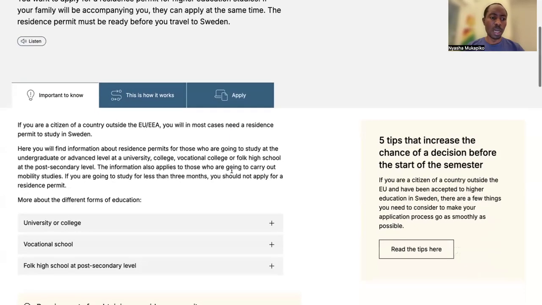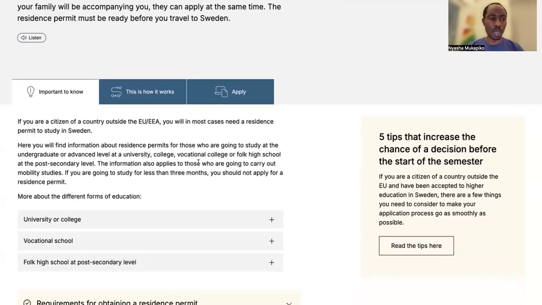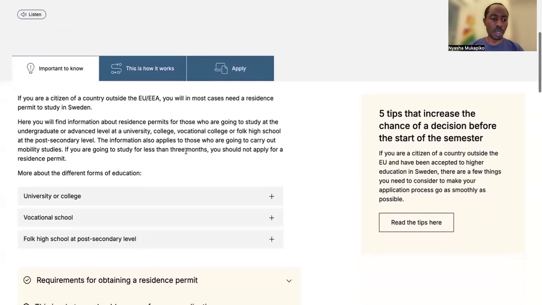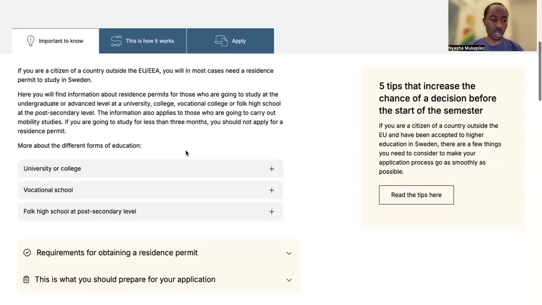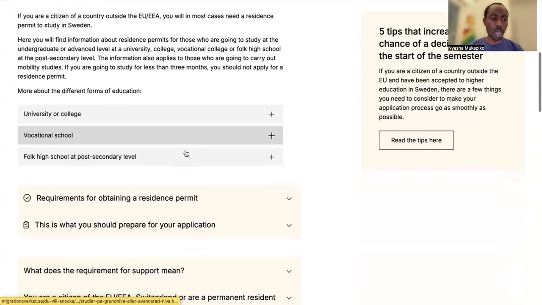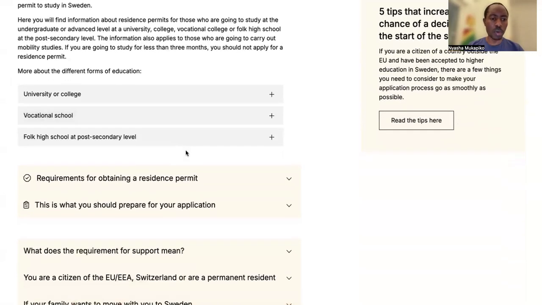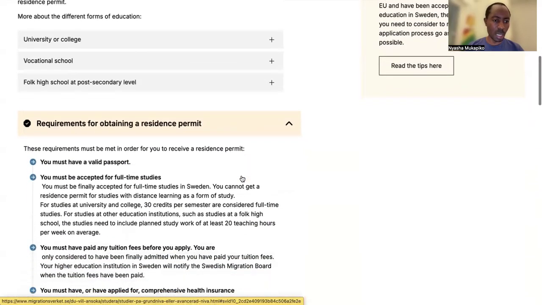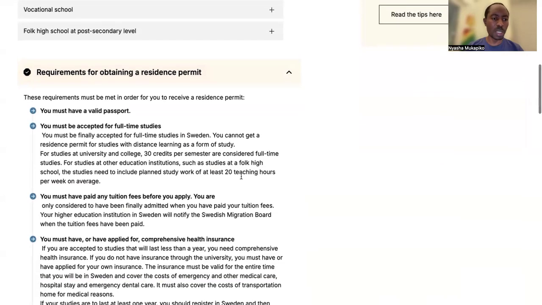I think before you can click apply, you need to go through all the information written below in terms of the requirements of obtaining a residence permit. If you just click here, it will give you the options that you need before you can start the application process. And for you to apply for the residence permit, you must have a valid passport.